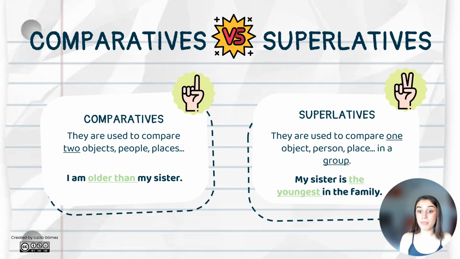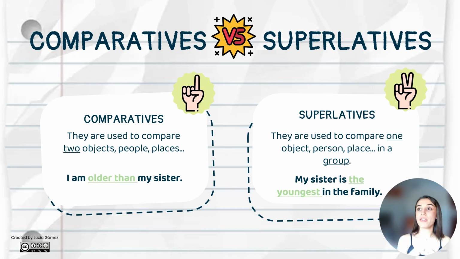Y en este caso, además, también encontramos la palabra than, que siempre va a aparecer con los comparativos, ¿vale? No va a aparecer en todos los ejemplos, pero es cierto que siempre que aparezca va a ser directamente un comparativo. On the other hand, we are going to have superlatives, and when we use superlatives, we are not comparing